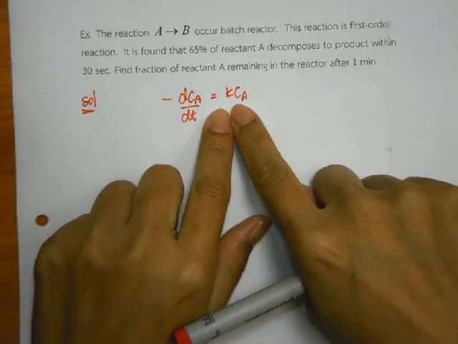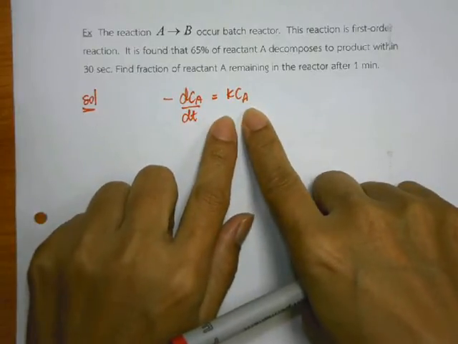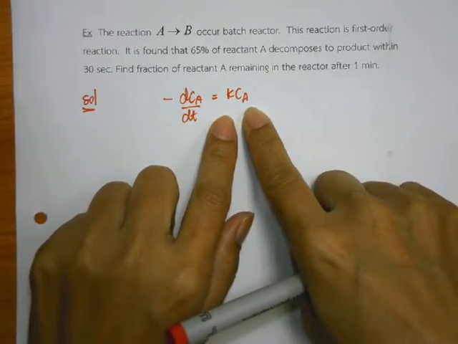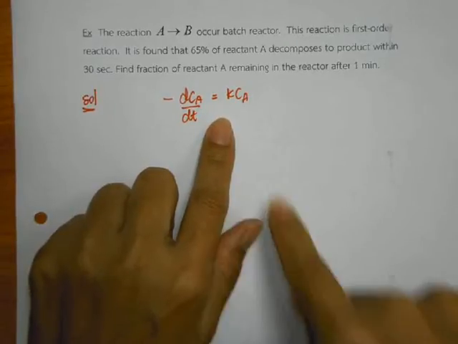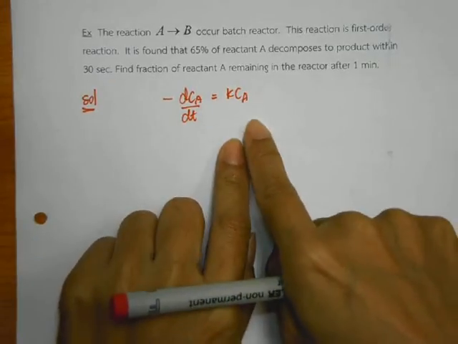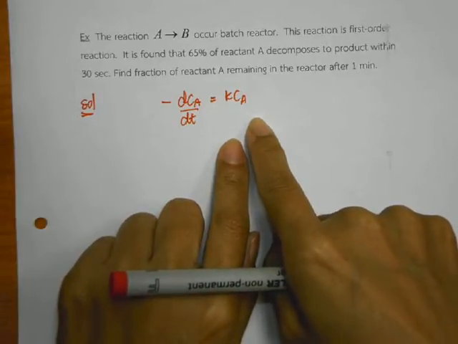And this rate varies with the concentration of A. The first order means it varies with the concentration of the reactant. In this case, it's A. So when we set up the equation, we would get something like this. Okay, and then they said that